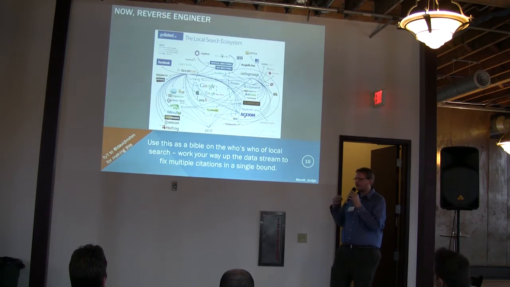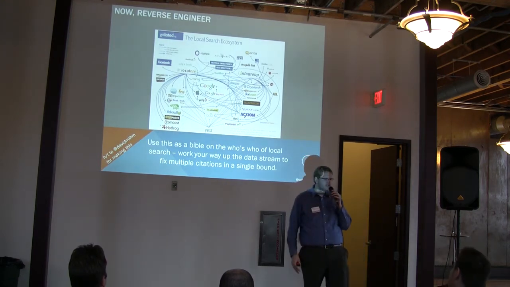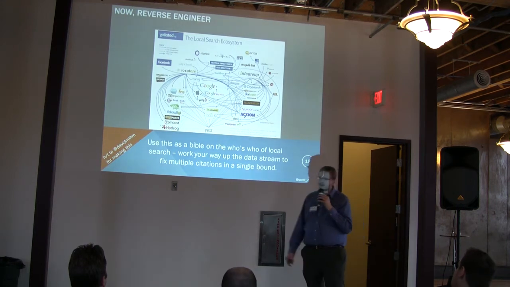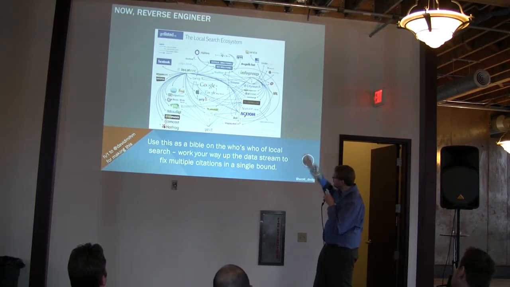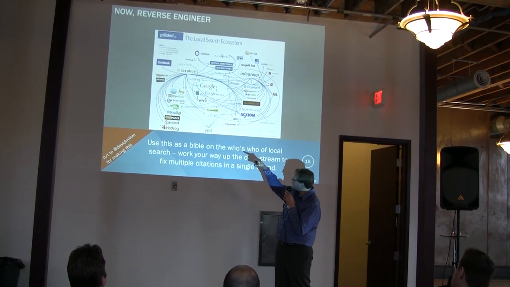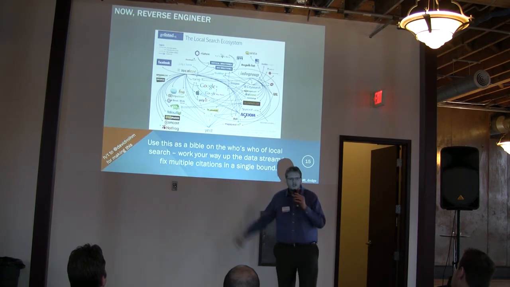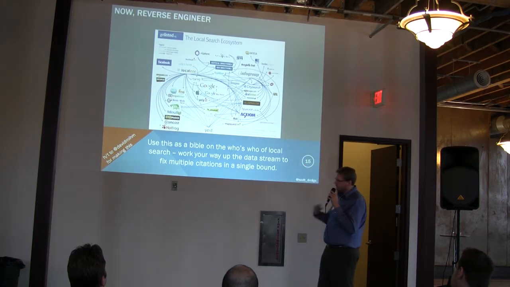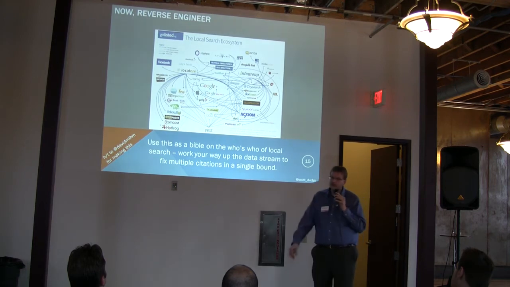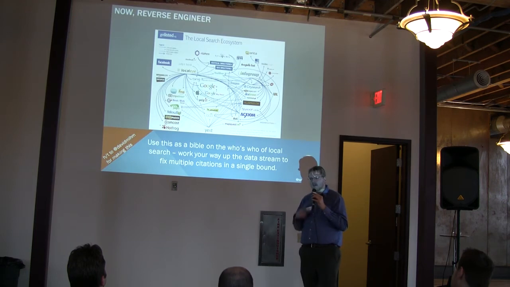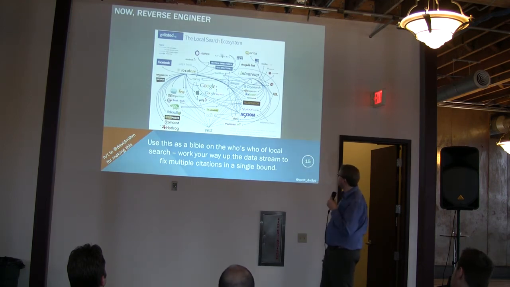But yeah, so basically when you find some of these incorrect listings, you start to reverse engineer. For example, say you didn't take my advice earlier and ignored Localeze, Axiom and Infogroup, and you're seeing your incorrect business listing showing up in Hot Frog, Mojo Pages, Yellow Dot, White Pages, Best of the Web, Local. You're probably like, okay, I should just go straight to Localeze. You can reverse engineer that. But again, I always like to start with those top three. But yeah, you're able to identify who's got the wrong info about your business.